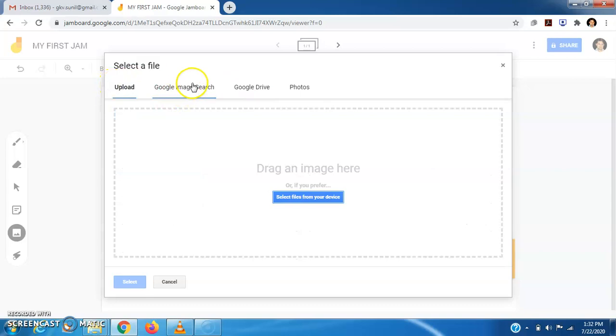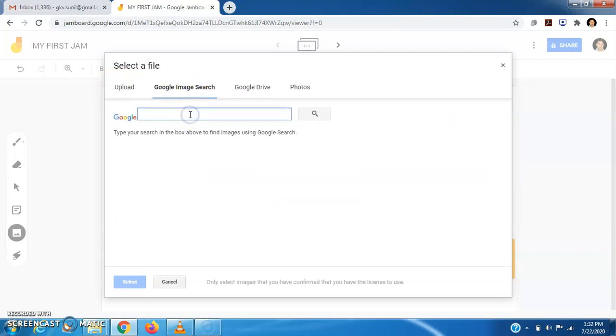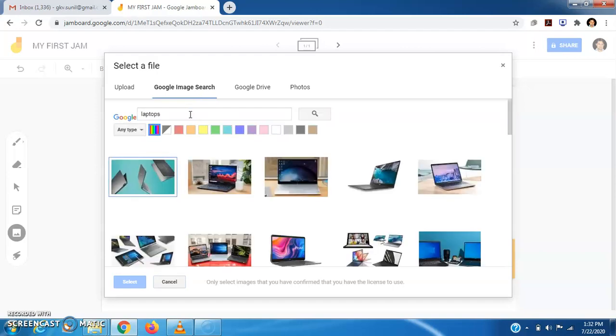Suppose I want to search some image from Google, and I want to choose laptop. Suppose I want to use this.